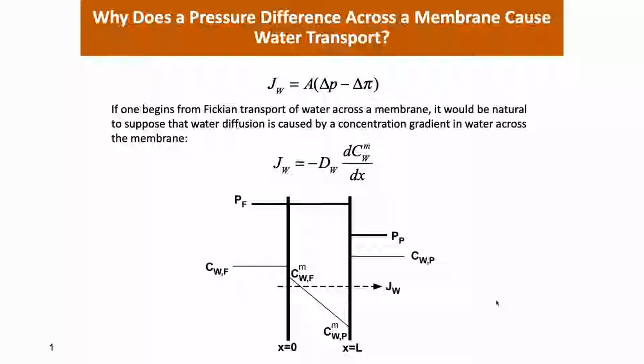If you read the literature today, you will often find that we're very nice to one another. That wasn't always the case, and there were bitter back and forths over this particular concept between the pore flow people and the solution diffusion people. Ultimately, the solution diffusion concept was the much more widely accepted version of the solution to this problem, and it